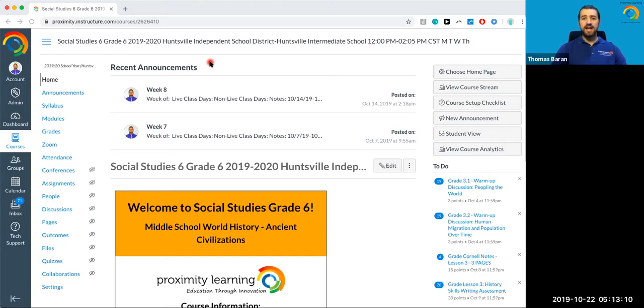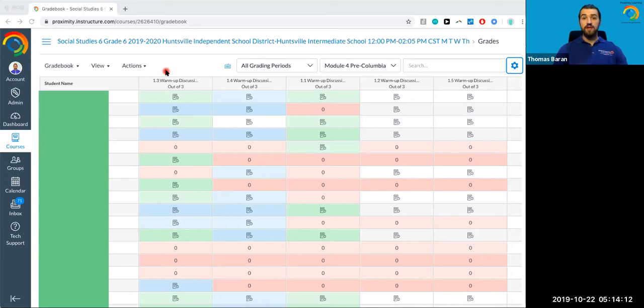Today, we're learning how to add an automatic late work policy to your class. So you're in one of your course home pages. We're going to click on Grades to the left. Your grades populate and pop up here. You have your student names here. I have those blocked out to maintain their student privacy.